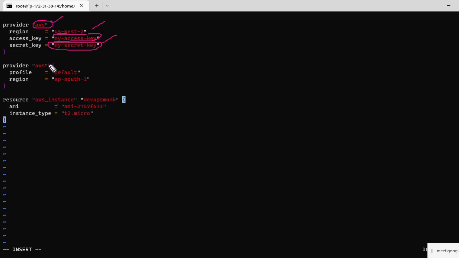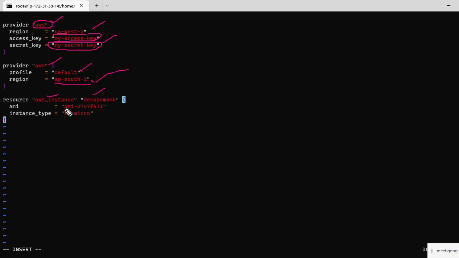The provider is AWS, the profile is default, and the region is where the availability zones are placed. Now coming to the resource, in the resource we have to give the instance name as whatever name you want.